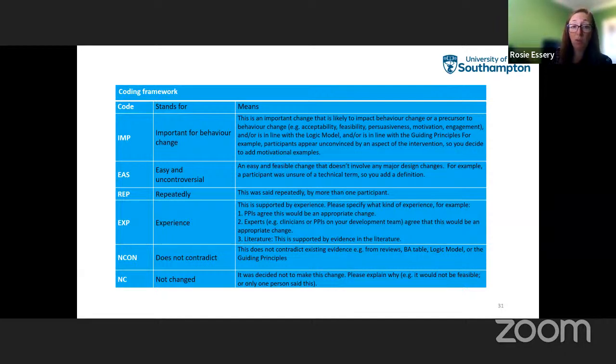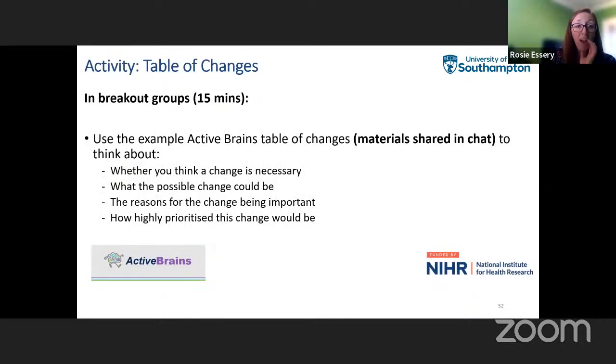And this is where it's really important to record the feedback from our PPI and stakeholders too, because it helps to resonate with this code. So you'll often find that multiple of these codes might apply to one issue, so it's fine to use multiple codes. So we want to give you a chance to have a go at using this table of changes to